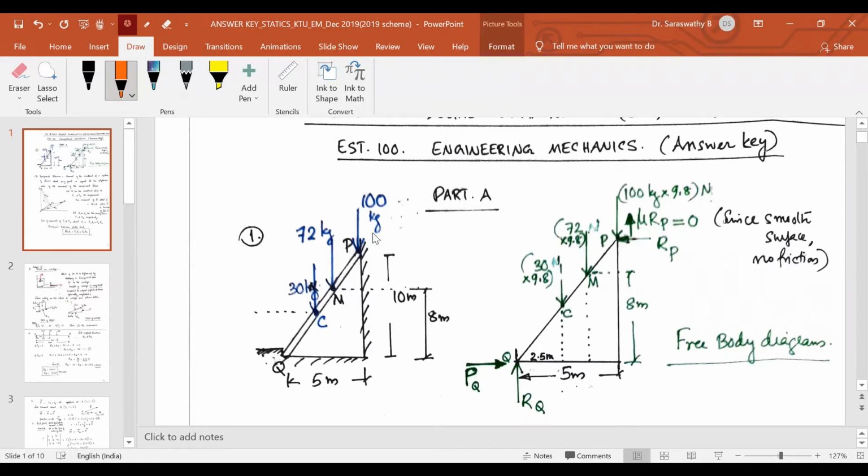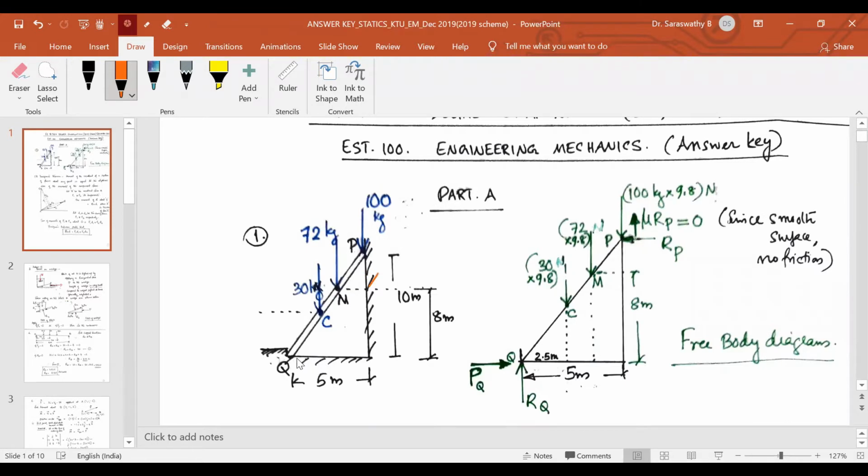It's a ladder leaning against a wall. This is the vertical wall. This is the floor. Here in the floor, there is a horizontal surface as well as a vertical surface. The ladder is leaning against a horizontal surface as well as it is supported on this vertical surface. Mostly there's a chance that you miss this vertical line. Okay. Now coming to the free body diagram, you remove this support, show these lines.